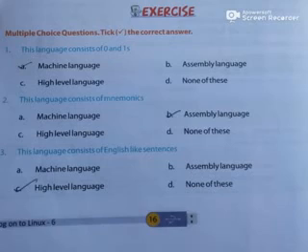As in our last class, we have seen chapter 2 of your book. In that, we have seen software and its types, where we discussed system software and application software, right? So now it's time to do the book exercise. Let's begin the book exercise. First we will start from MCQs, right? So your MCQs are here.